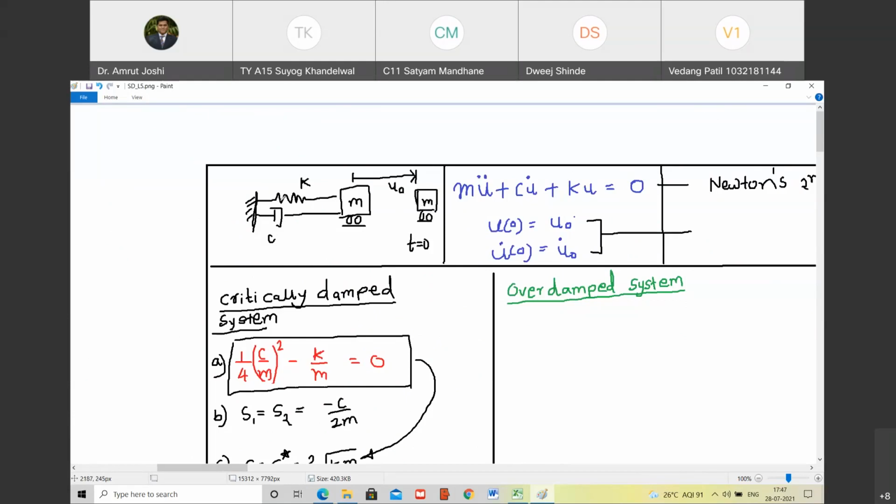The first response we obtained was for the undamped system, when this c was not there. Are you with me? Yes, sir. In that case, this is the mean position where the spring is not stretched. The system will come back to the mean position, go on the other side, come back to the mean position, go on the other side, and it will keep on vibrating like this forever. This is for the undamped case. Agreed? Yes, sir.